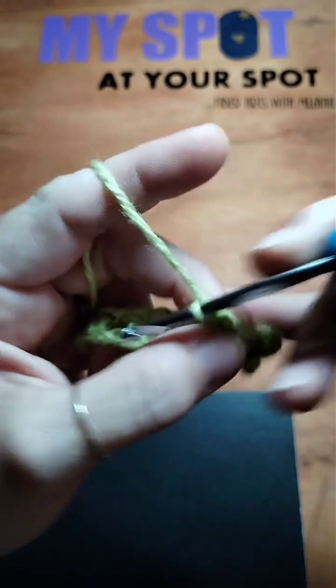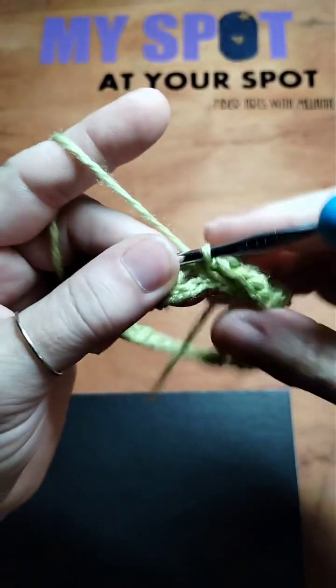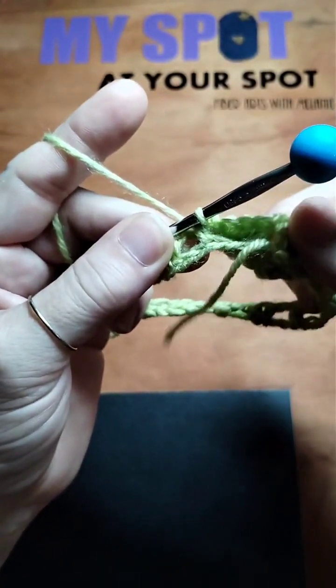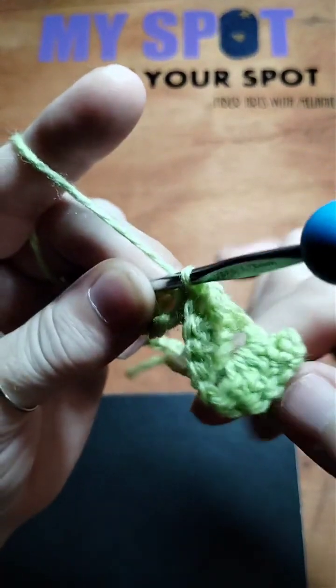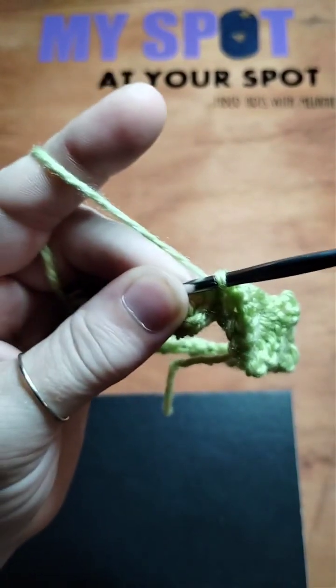And then we're going to work over here to this next V-stitch. Okay, that gives you, why does that look weird? Let me take a look at